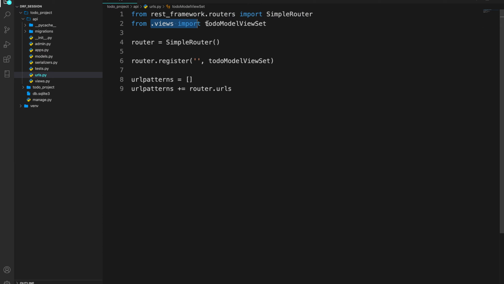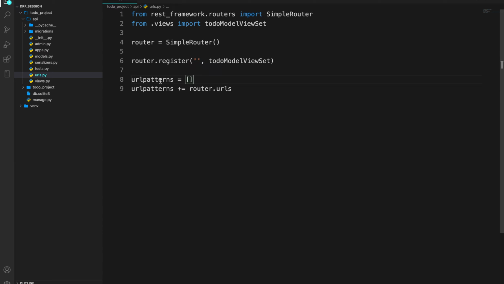And we also need to have the model which we want to expose, and then we need to instantiate that SimpleRouter. Now we need to register this view set to an endpoint. Suppose to slash todo, this view set should work, right? So for that we have to write router.register, and I have written blank over here. There's a reason for that, because my app contains only one model and only one view set, so I'm using blank. And why blank over here, you'll get to know in due course of time.